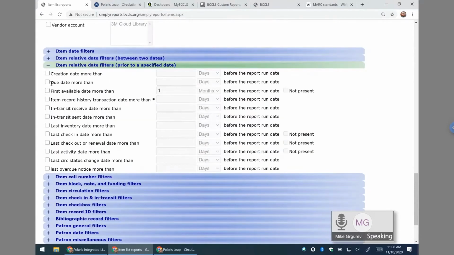So let's go back. For those of you who, and it'll vary from library to library how far back you want to go. Back in the days of Collection HQ, for those of you who remember that, it would sort of restrict things to very narrow guidelines, like 3 years or something like that. Whereas in SimplyReports, you can kind of cater it to however you want to steer your reading report. So let's do first available date more than